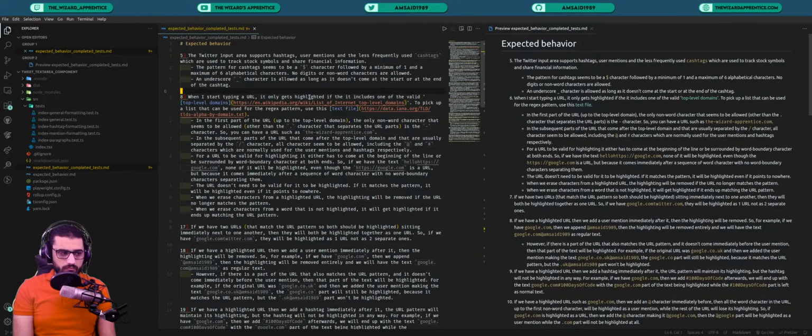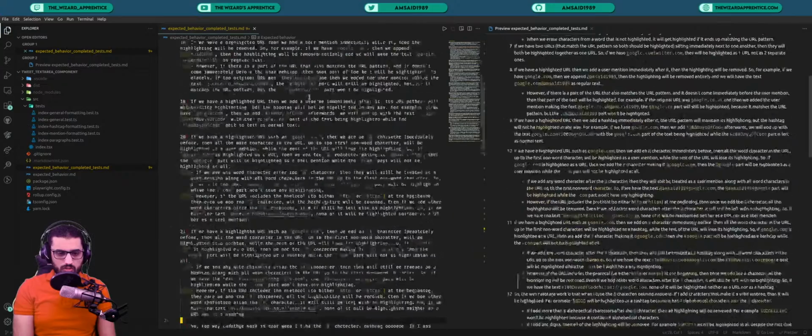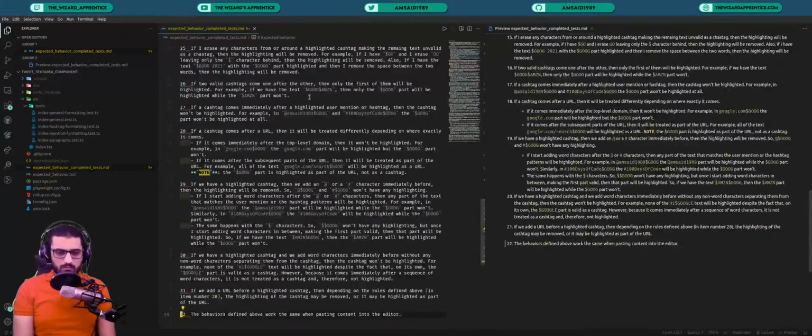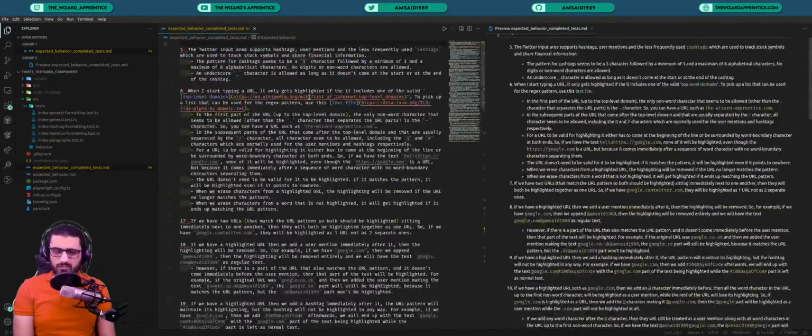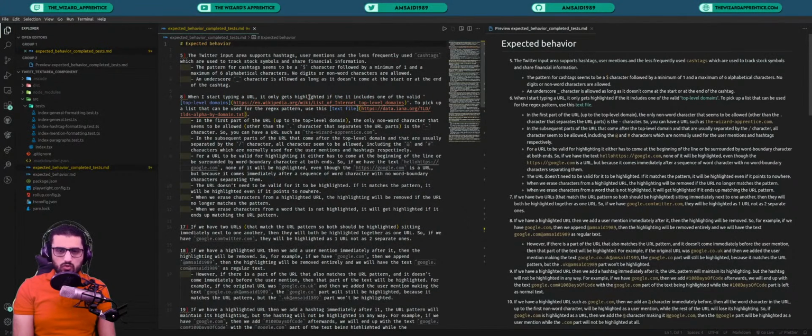So yesterday we've written the tests that check some of the general behavior for the input area, as well as the tests that check the formatting for the hashtags and user mentions. So the goal is to hopefully finish all of the remaining tests for all of the remaining behaviors, but unfortunately I have a very limited time today, so I might not be able to get all of them done,